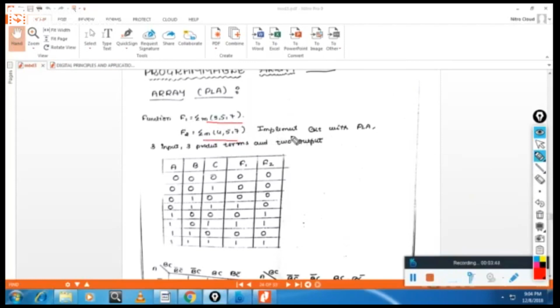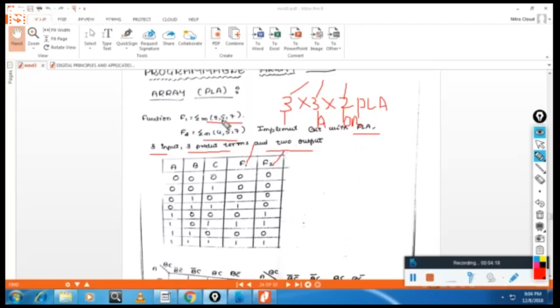You have to implement this circuit with a PLA with 3 inputs, 3 product terms and 2 outputs, that is a 3 by 3 by 2 PLA. This symbol indicates an OR gate, this indicates an AND gate, and this indicates a variable. So write down the 3 input variables, and here represent function 1 and function 2.